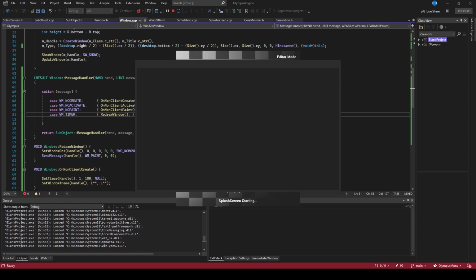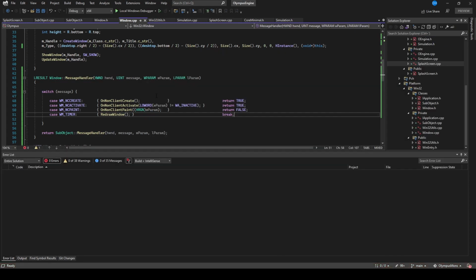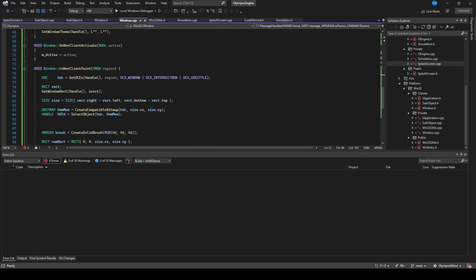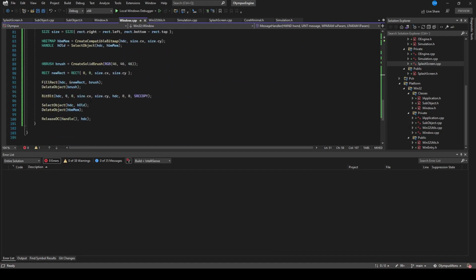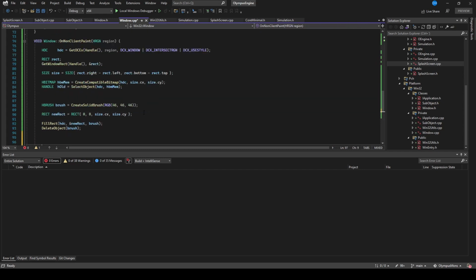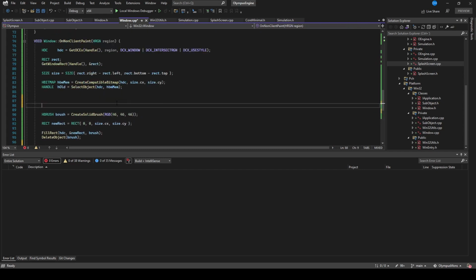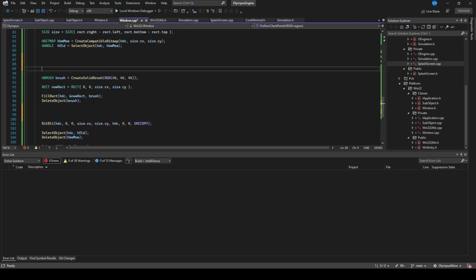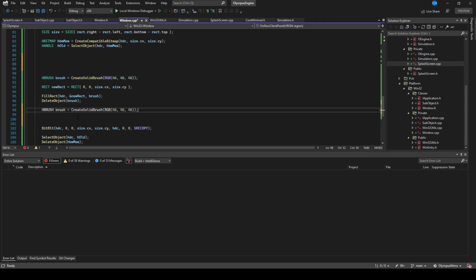The only other difference here that I would like to do now is if I click on this window on and off, I would like to show some sort of feature to show whether this window was focused or not. So now we've actually created and defined whether our window is active or not, we can respond to that. So let's come down back to our on non-client paint and let's come back to here. All of this feature is from the beginning. All of that feature is from the end, all of that feature is from the beginning, so we've just got this here. Let's create a new brush, and let's call this,